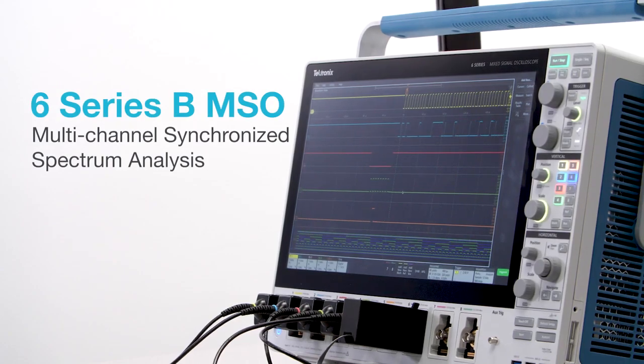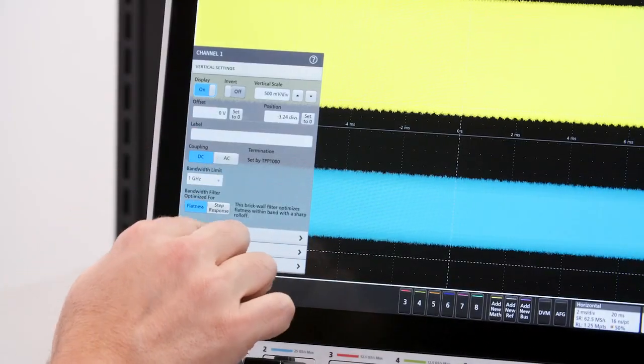Spectrum analysis on the 6 Series B is much more capable than a typical scope FFT. It offers many of the benefits of a spectrum analyzer, but with some key advantages over those too. This board has a spread spectrum clock